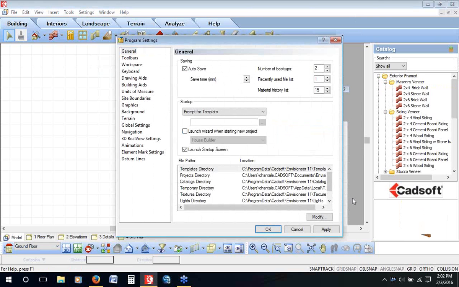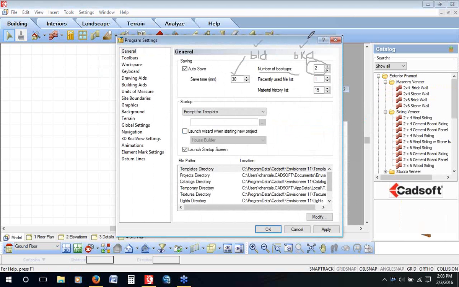When it does the saves, it also goes through and does another type of save called a backup save. And that's what this setting is here for, number of backups. So every 30 minutes, it's going to come through, do a save of my file, and it's also going to create a backup file. The file extension of those is BKP. Your normal file extension on your work in Envisioneer is going to be a BLD file. And with our backup files, they're BKP files. So every 30 minutes, it's going to save my BLD file, and it's also going to create a BKP file,